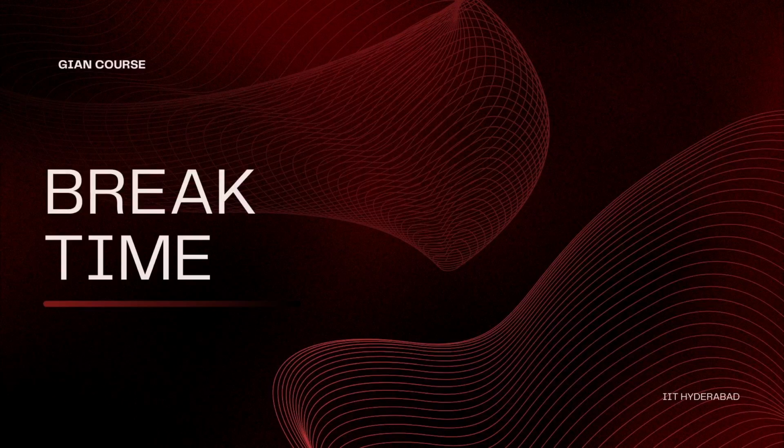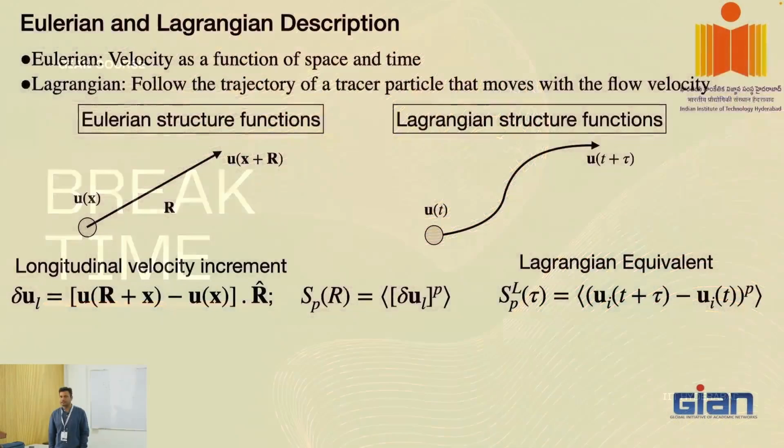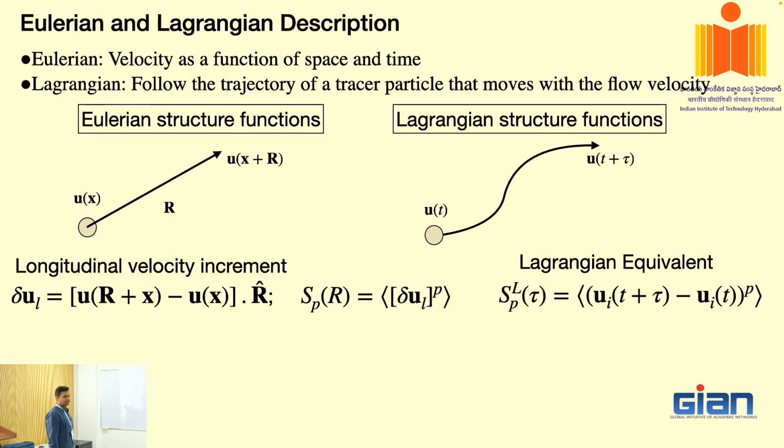So what I can do in the second half, depending on whether you are looking at Eulerian data, which means you are collecting the data from given fixed positions, or you are collecting the data moving along with the flow, accordingly you will define a structure function. A structure function is basically you take the velocity field at a given position r plus x, and then you take the velocity field at position x with a separation r, and then you take a dot product with the r unit vector, and that quantity is going to give you the longitudinal velocity increment.